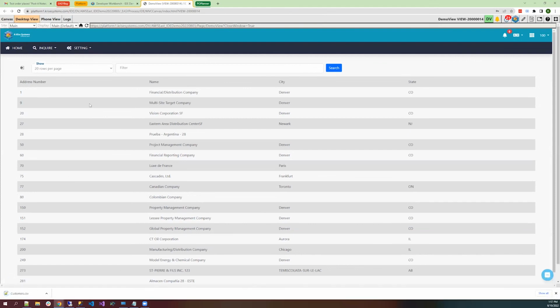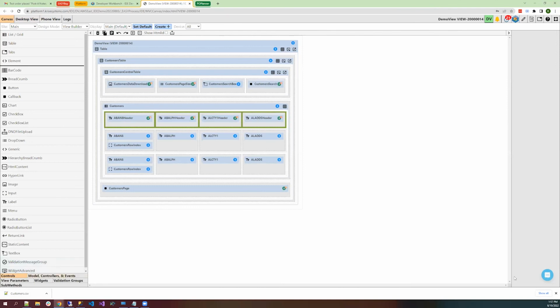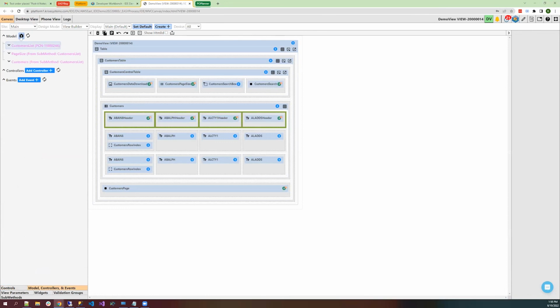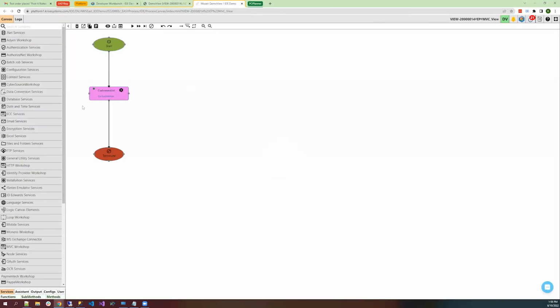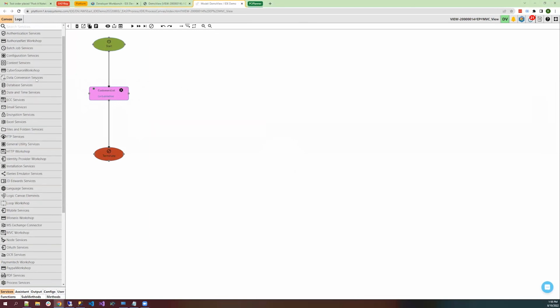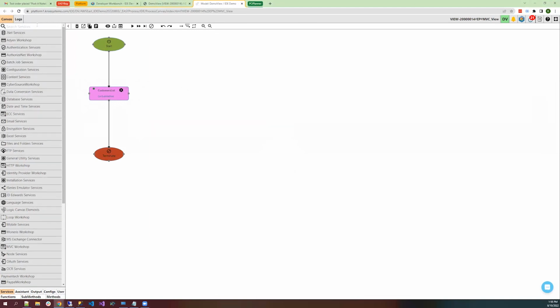Can you pull up the model and just show how the logic brings in the data? Yeah. And that pretty much will do it for the time. Okay. Yeah. So we'll go to the model, and this is the process canvas. This is how we design logic in EasyProcess. So we have a start and terminate node, and then whatever's inside of it is what gets executed before the page is loaded. And on the left here, we have a list of services. There's over 200 services actually.